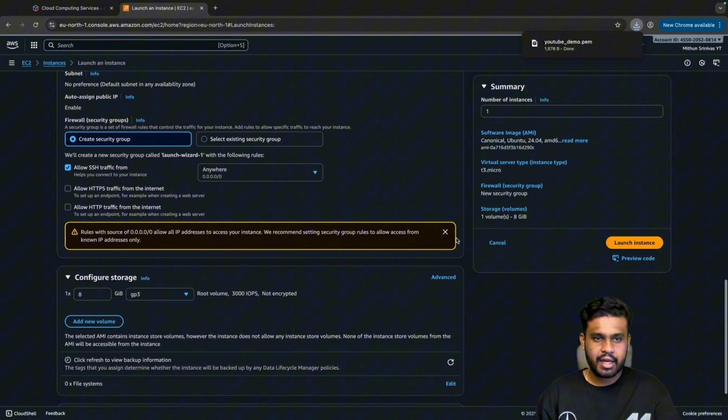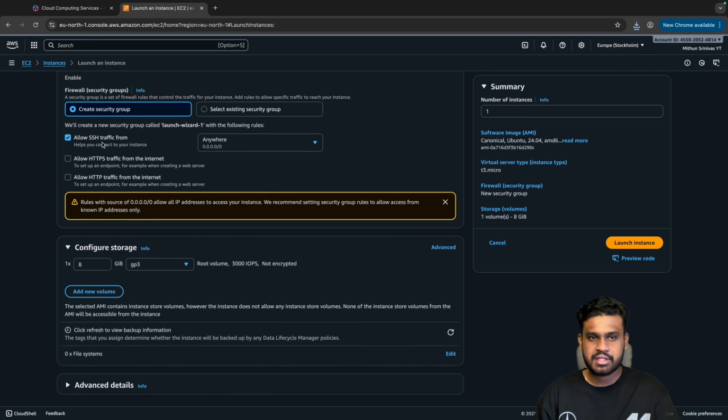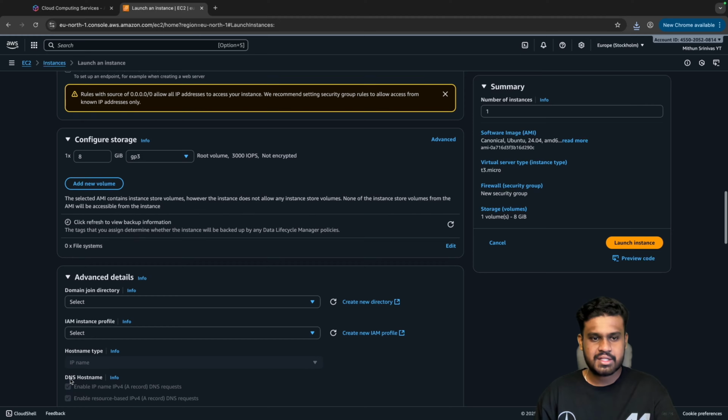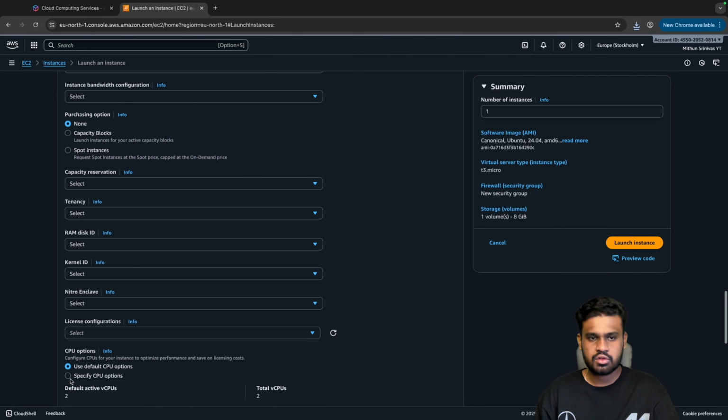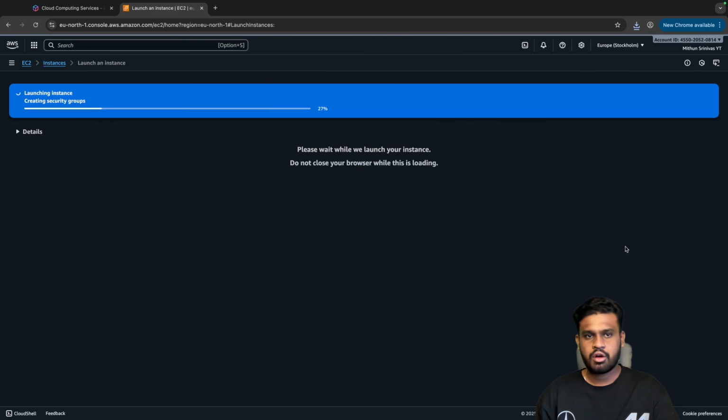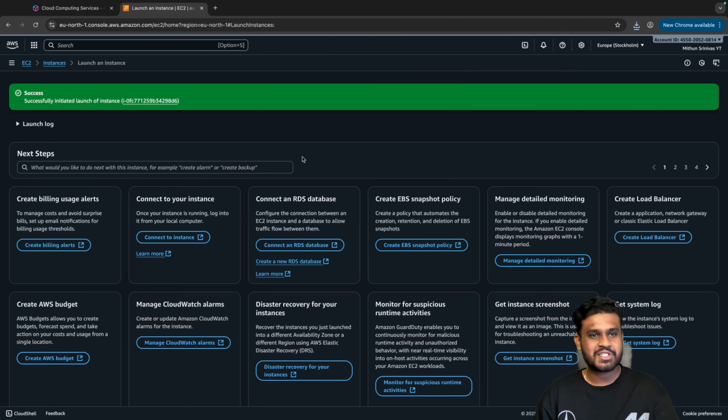Great. And now by default, select allow SSH traffic. Don't allow all of the traffic; only allow SSH traffic from everywhere. We are selecting one with 8 gigs of RAM, which is very cool. You can also see the advanced settings. We need not do anything there, since we are just launching a machine, so no need to go into all of this. Just say launch instance. It will take around 1 minute, and within that your machine will be launched.